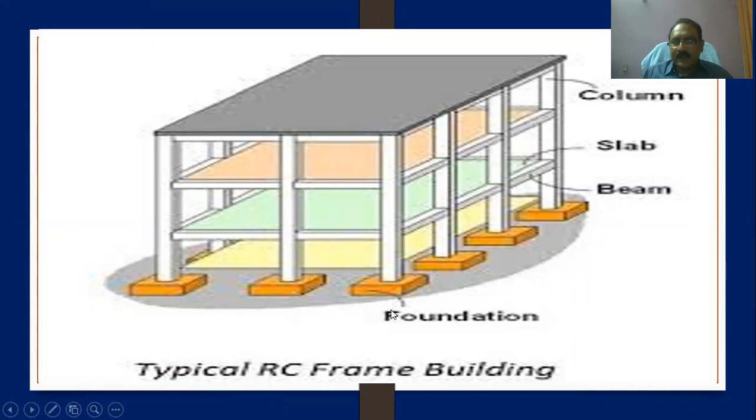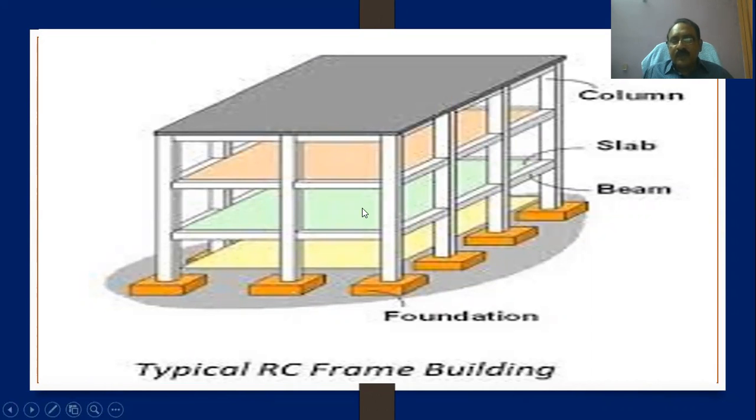So these are only simple methods. First of all, you understand this foundation. Under foundation, you will have the PCC bed. This is the column. Again, I am explaining. This is a slab. This is a beam. This is a column. So this is a typical RCC frame structure. In between, you will have a 9 inch brick wall, or a 4.5 inch wall. That is 115 mm thickness of wall, or 230 mm thickness of wall. The wall may be different.